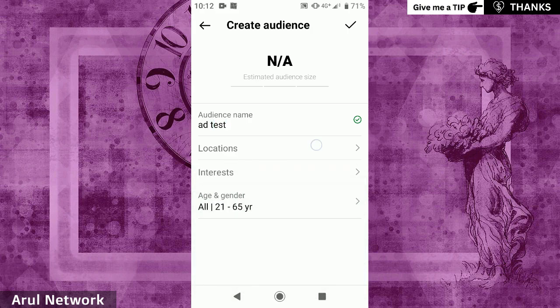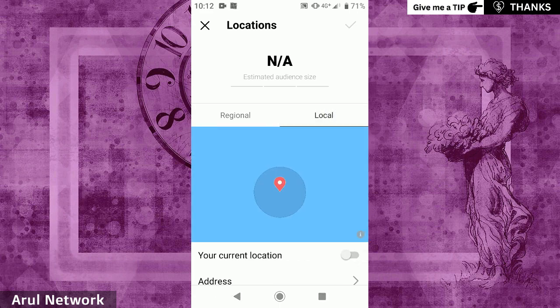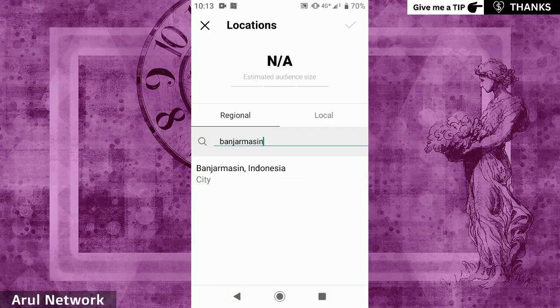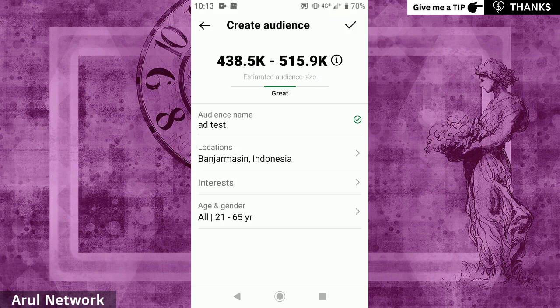and select location. You can select regional or local, or maybe type the city or your state or your country. For example, I type my city in Indonesia, and you can see the estimated audience size and click the icon at the top right, and you can target interests of